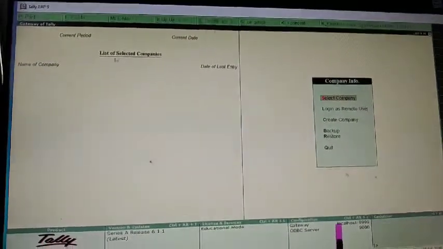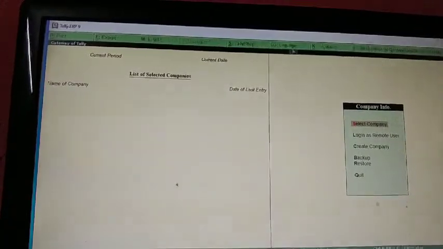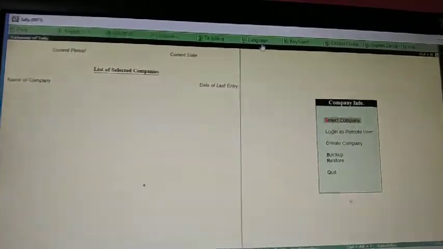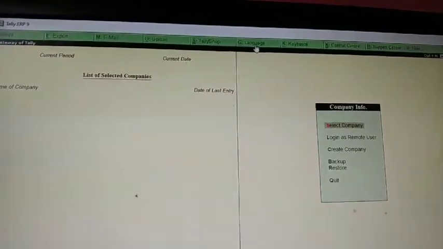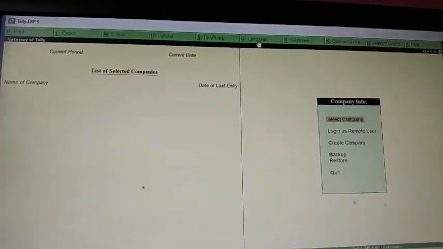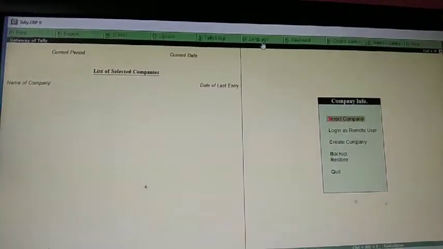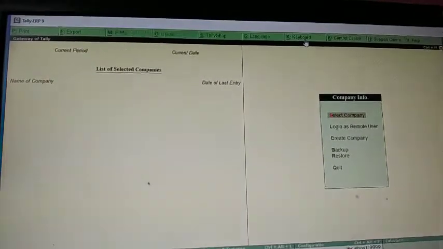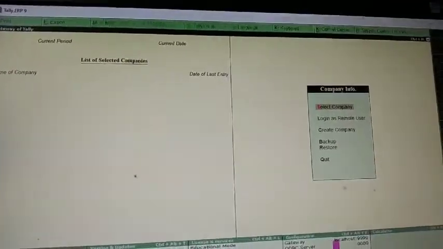Now you will see there are horizontal button bars wherein you can select different languages. If you would like to maintain accounts in different languages, you can do that. And the keyboard language also you can select.